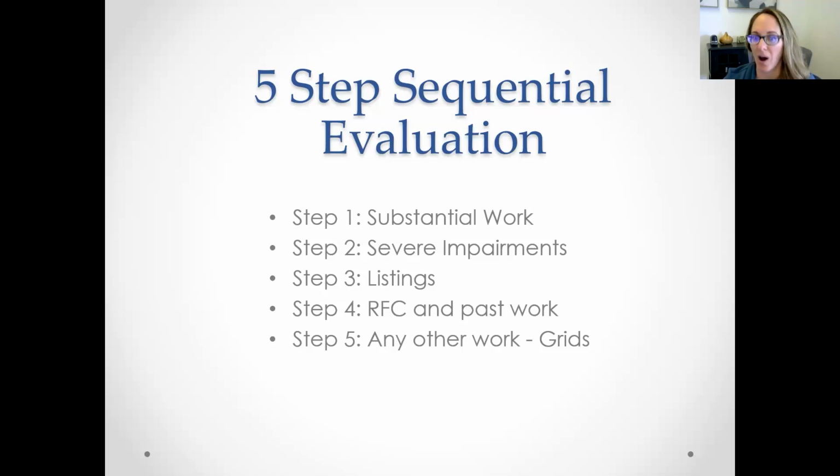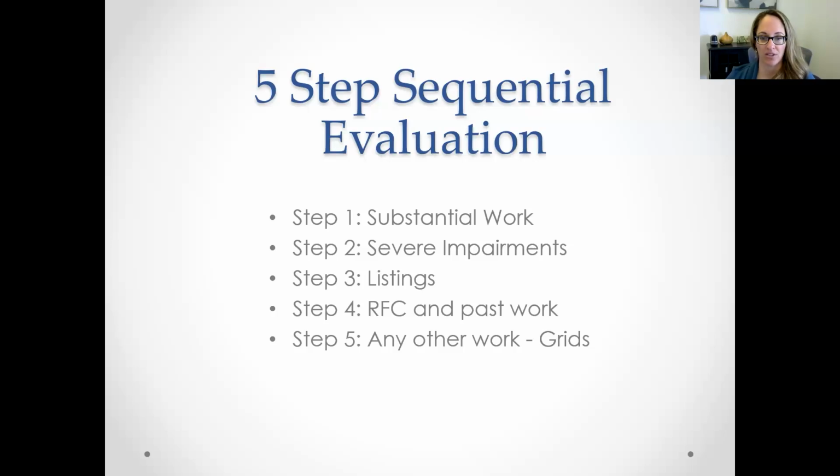As long as you have at least one severe impairment, and you might have many, then they move on to step 3, which is, do you meet a listing? I will get into this in detail in a minute on our next slide, but a listing is a literal list of different types of conditions that you might have that are so severe that if you meet all the criteria, you are automatically found disabled. So at step 3, if the judge or the determiners below find that you meet the criteria of a listing, you could win your case right then and there. But if you don't meet a listing, then they move on to step 4.